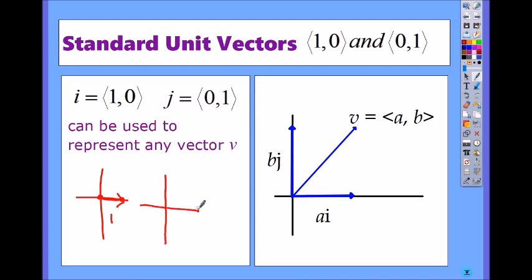The j vector is from (0, 0) to (0, 1), which is the vertical unit vector, with a length of 1. Sometimes they're going to ask you to convert the component form of a vector into a linear combination of i and j. So if you have <a, b>, let's say it was <2, 3>,